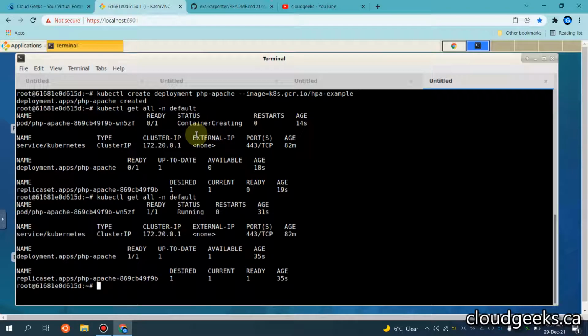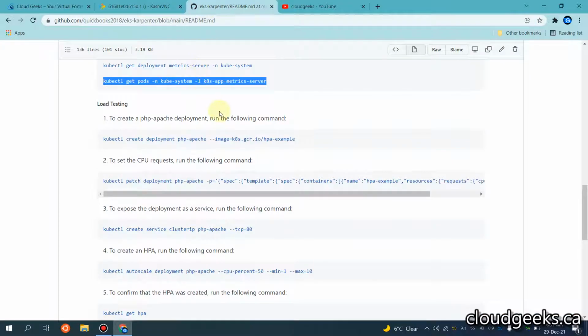So it is up and running, and other than that, let me navigate to the document. Okay. So now we will be setting the HPA, which is the horizontal pod autoscaler, for a load testing section. This is the load testing section.